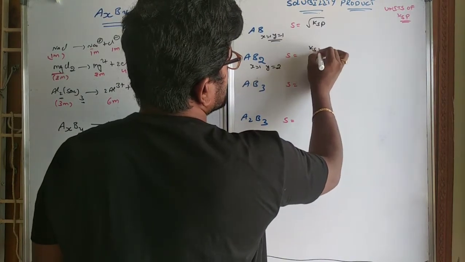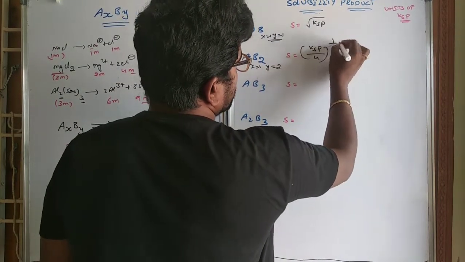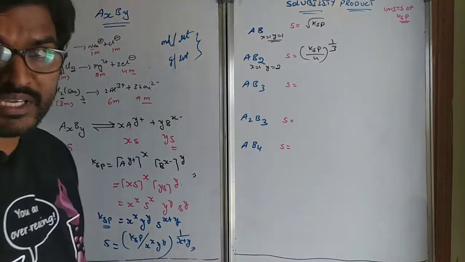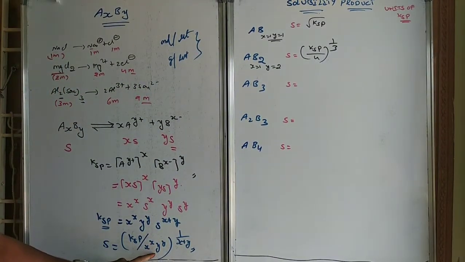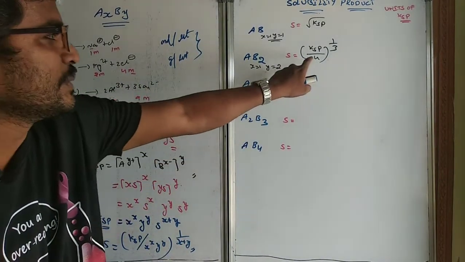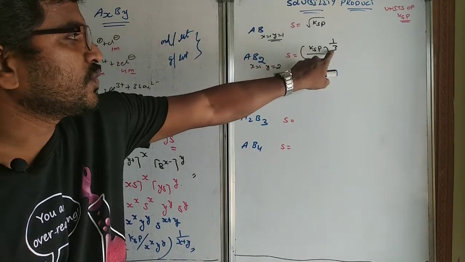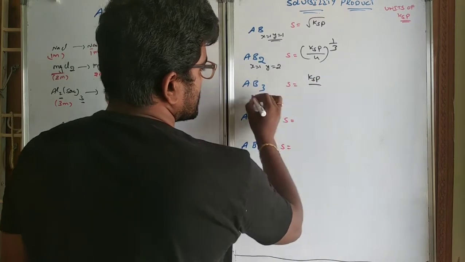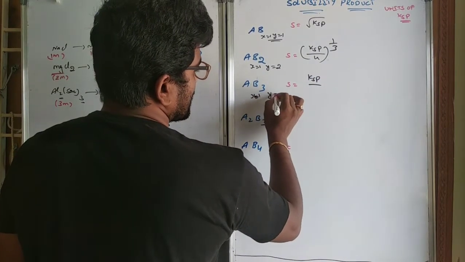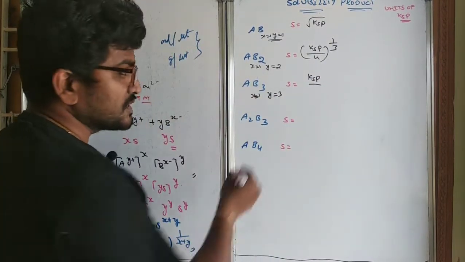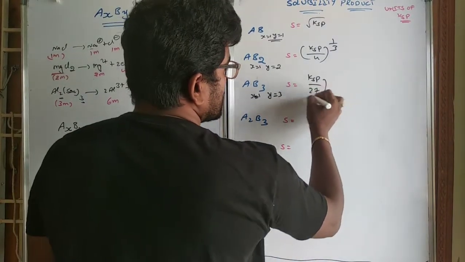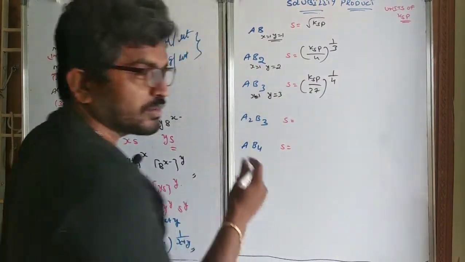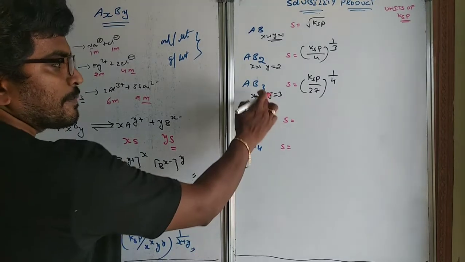S is equal to KSP by 4 whole power 1 by 3, because X power X, Y power Y: 2 power 2 means 4 will come, whole power 1 by X plus Y. AB3 type of salt means KSP by, X equals 1, Y equals 3. So 3 power 3 means 27, whole power 1 by 4, because X plus Y will be 1 plus 3,